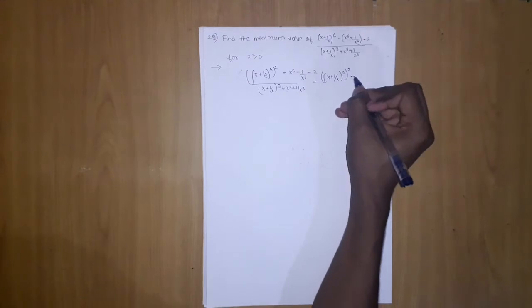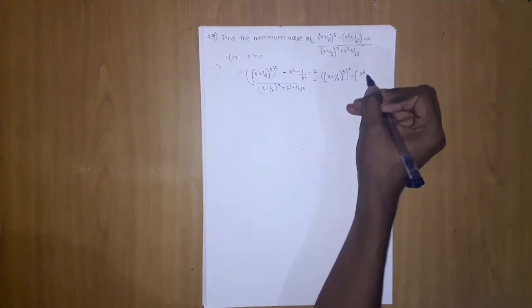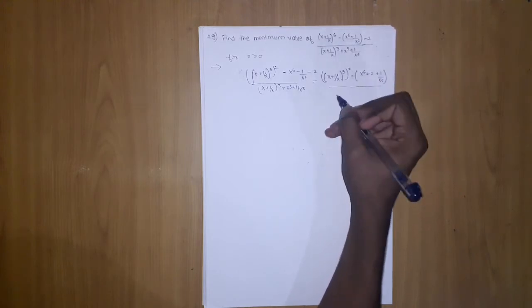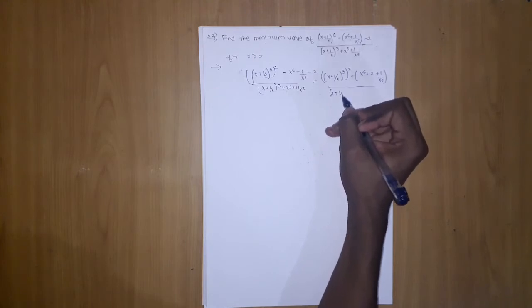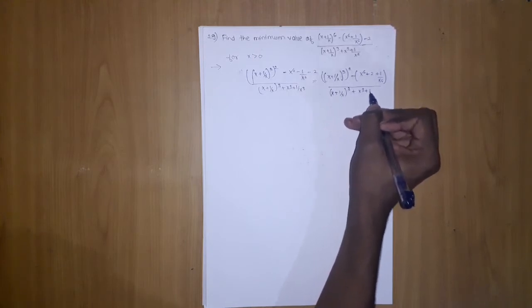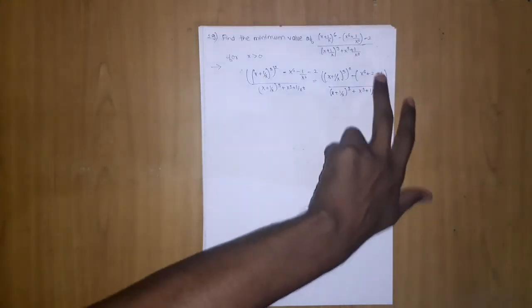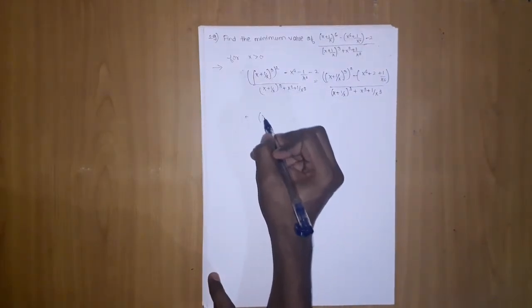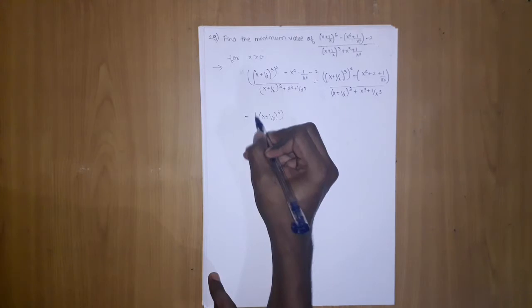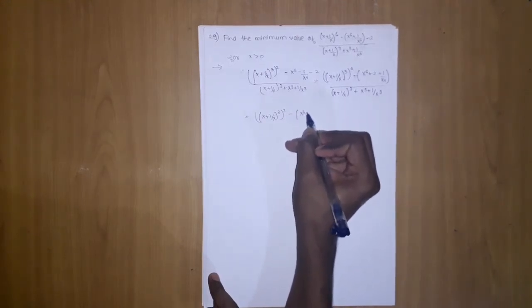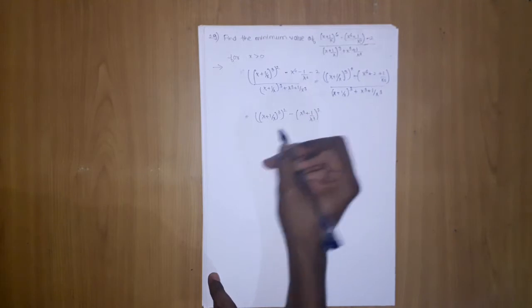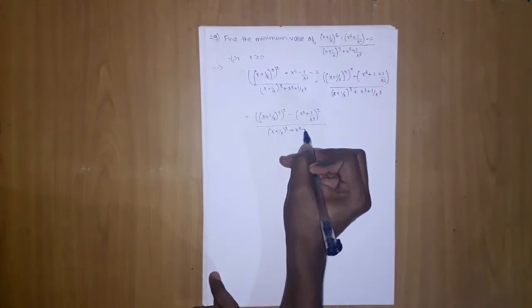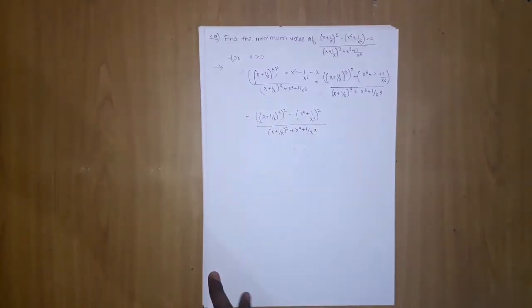If I take the minus whole common, what can I get? x raised to 6 plus 2 plus 1 upon x raised to 6, and (x plus 1 upon x) the whole cube plus x cube plus 1 upon x cube. Okay guys, now don't you see it is the x cube plus 1 upon x cube whole square formula? So we will try to make it (x plus 1 upon x) the whole cube squared minus (x cube plus 1 upon x cube) the whole square, the whole upon (x plus 1 upon x) the whole cube plus x cube plus 1 upon x cube. Okay guys, so we got this term.